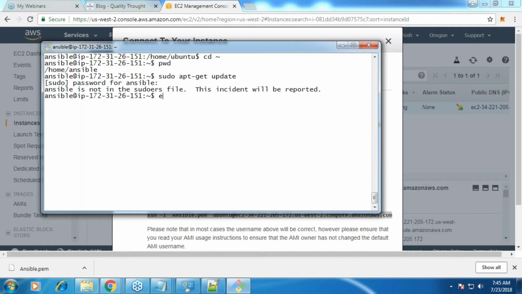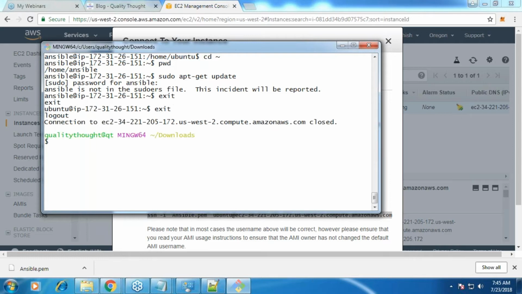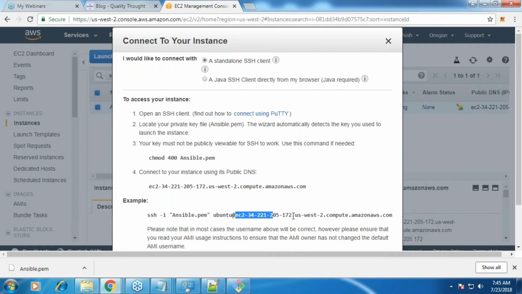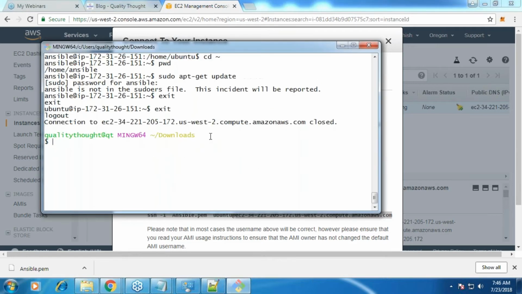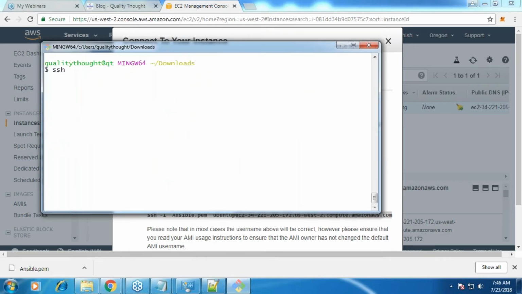And now, one more thing to check. So what is this command? SSH. I've said that the SSH command, if you have username and password, is username at the rate machine's host name, right?